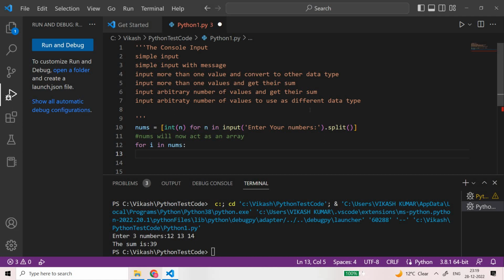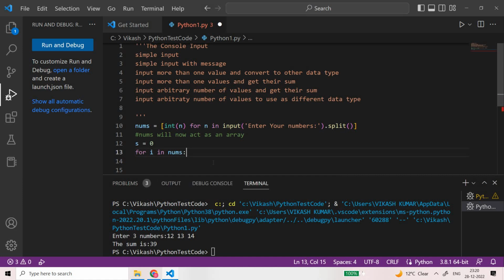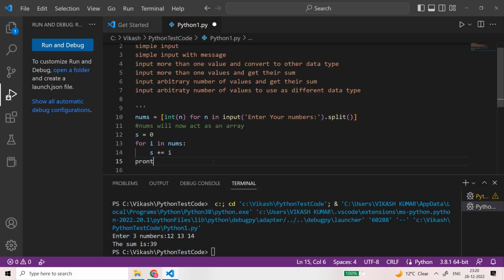You can take a variable s equal to 0, and now do s plus equal to i. Okay, after this, once it has been done, you can print s, or you can print the sum of the numbers